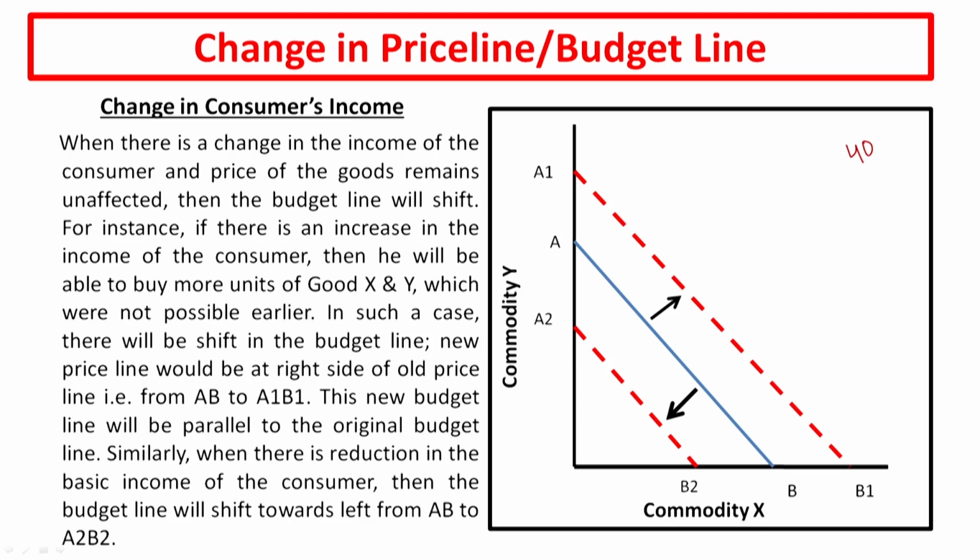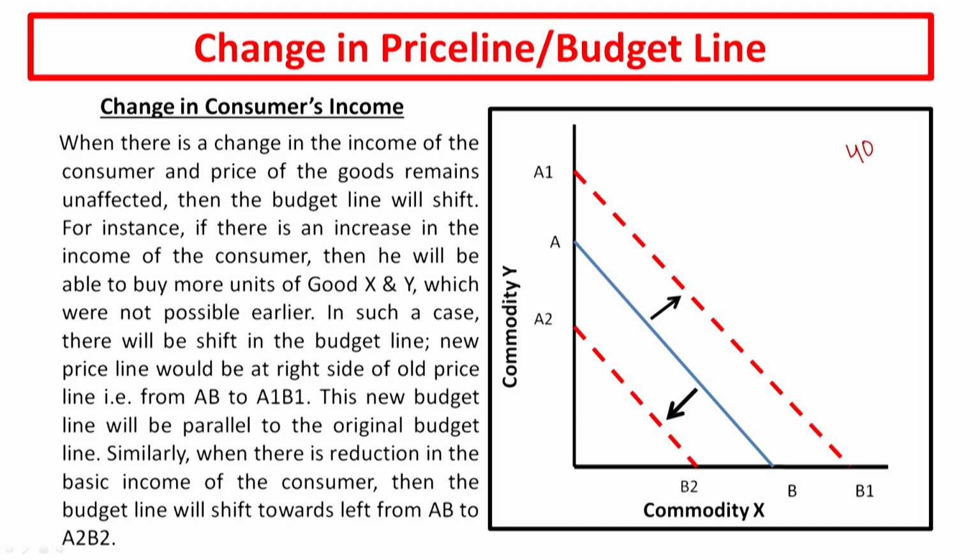So, if the income of the consumer is increased and the price of both the commodities remains constant as it was before, there will be a shift in the price line, either towards the left or towards the right of the original price